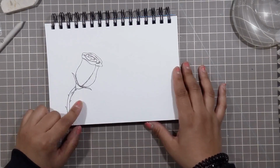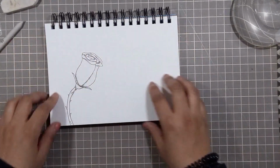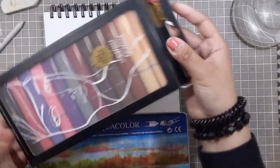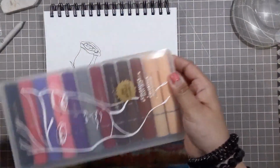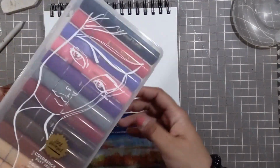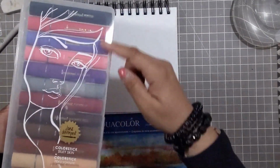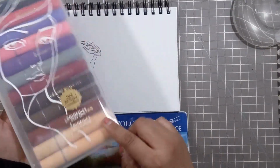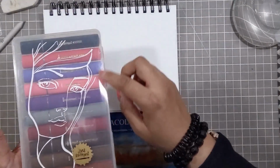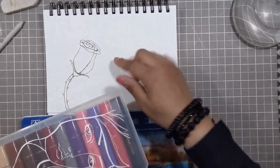And so now I'm just going to start painting. I'm going to start with the rose itself, and then I'm just going to add some colors to the background. I'm going to be using this set of color sticks by Jane Davenport. What is this called? Silky Skin. They're actually specified for portraits and faces. So you have skin tones and then colors you would use to shade the face or add some makeup and things like that. But I'm going to use this for this, as well as